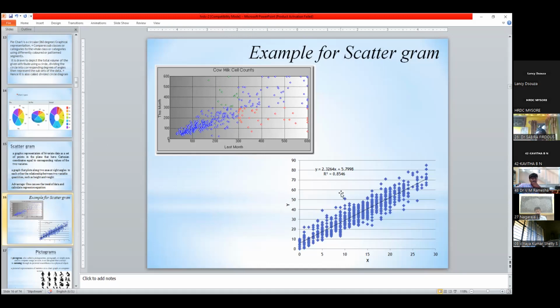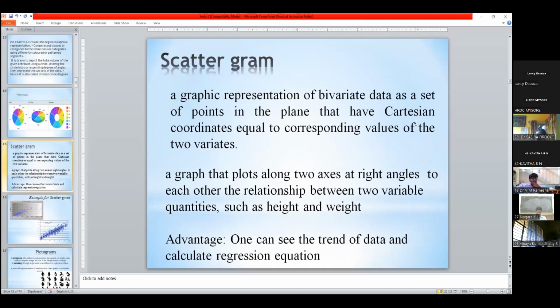Now, if you see down here, I made a very specific one where you have x and y, where against each x you have one y variable, so several variables have been put. And the advantage of a scattergram is you can go for a simple fit. Now, you see a dark but thin black line which shows the trend of the data. Through a scattergram, you get to know the trend of the data, and by that you can calculate